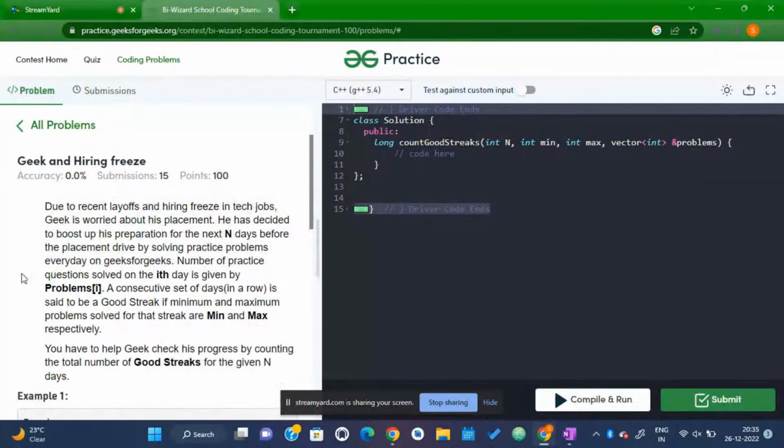Okay. So this is our last question of the day. The question statement reads as, due to